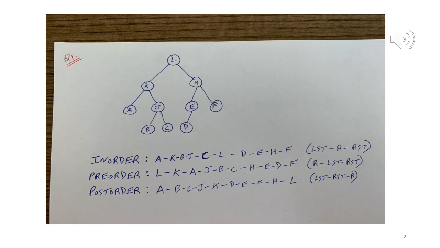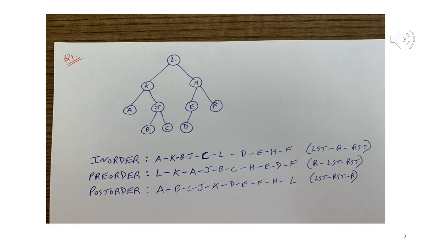Lastly, moving to post order, left subtree, right subtree, root. So which means L will be the last. Now what is the value of left subtree? So now we're talking about the tree rooted at K. Okay, what is the post order traversal for that looking like? Tree rooted at K, right? So LST, which is A, followed by RST, JBC in some order, followed by K.